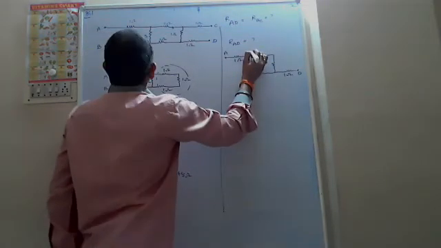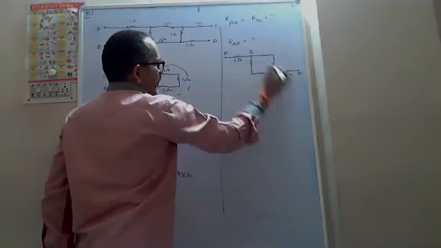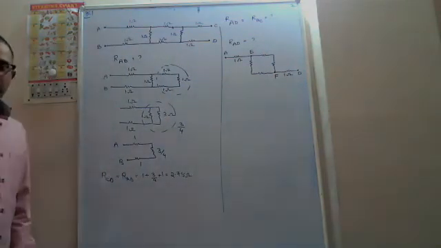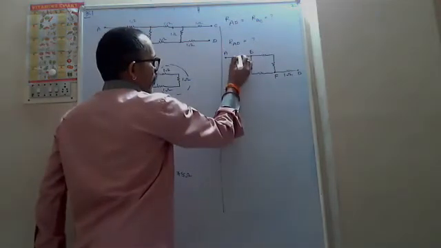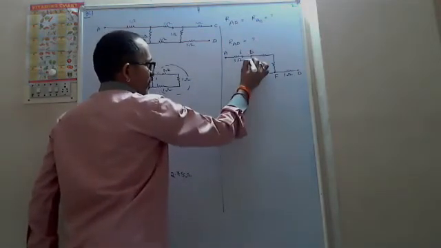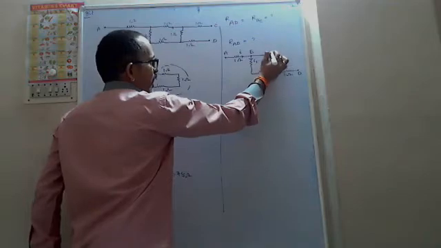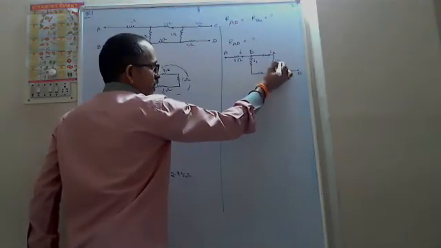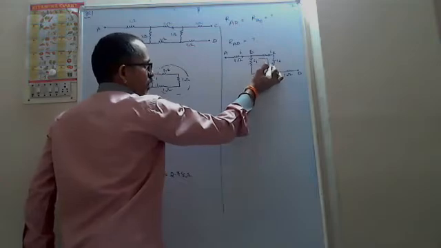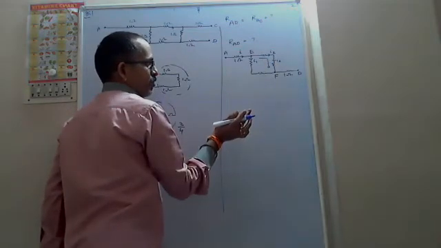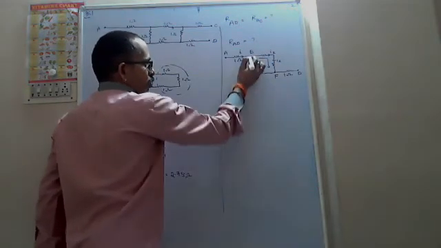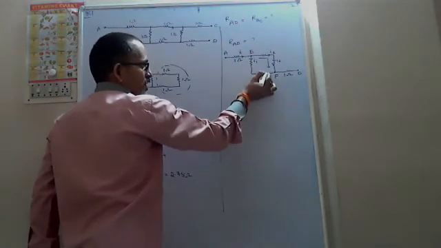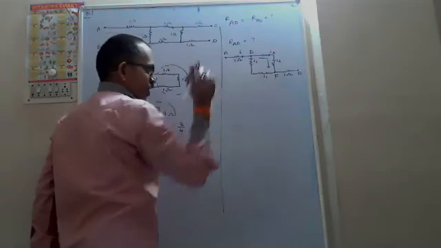Very good. Means you are taking this point as E and this point as F. Suppose you are saying that between A and D, whatever current comes from A should split into I1 and I2. And you are saying that I2 flows through this resistor also. The same current is flowing, means these two are in series. Am I right? Yes sir. And you are saying that the same I1 flows through this part. That's why these two are in series. Yes sir.